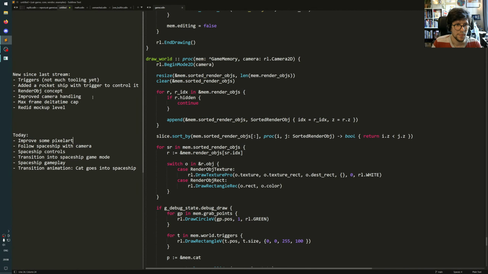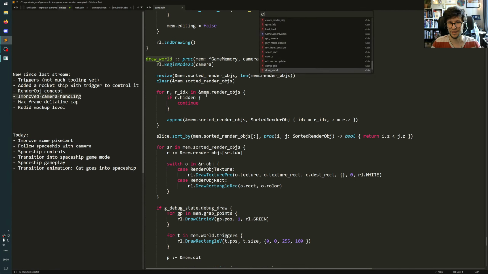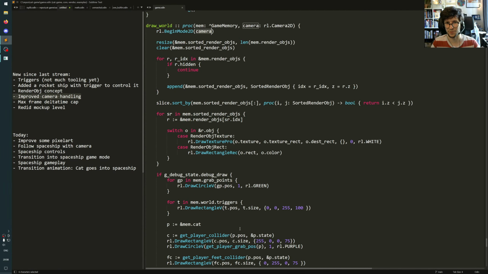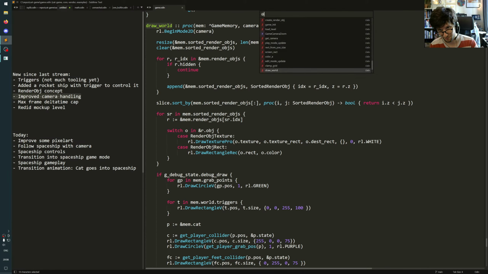So I did that. Then I did some improved camera handling. This just means that I used to do this weird thing where the whole... nowadays the camera is only used during draw world. So the only time you're in world space where the camera is looking is during draw world. Before it, I had some weird stuff where the whole update loop, including the normal